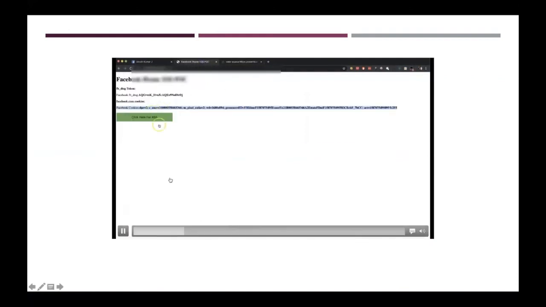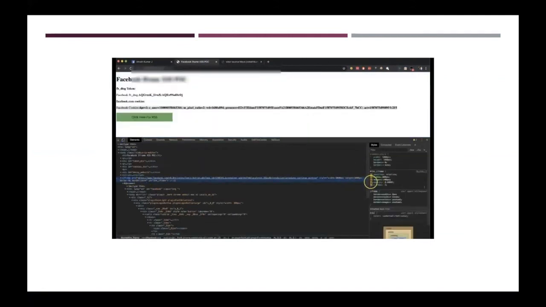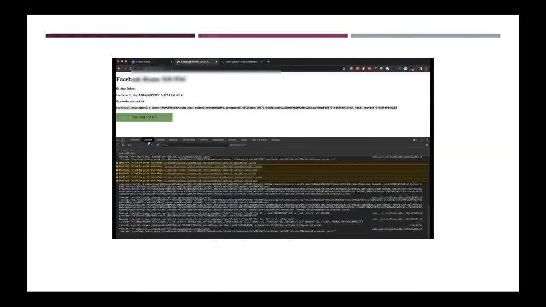As you can see, whenever the victim clicks on the button, the button will share the message to Facebook, and with the help of it, Vinod was able to steal the victim's Facebook cookies.